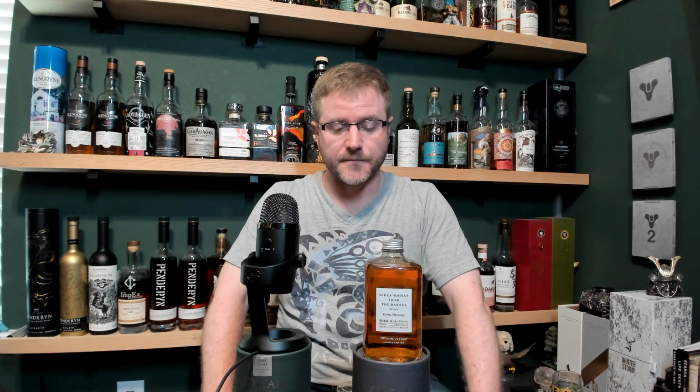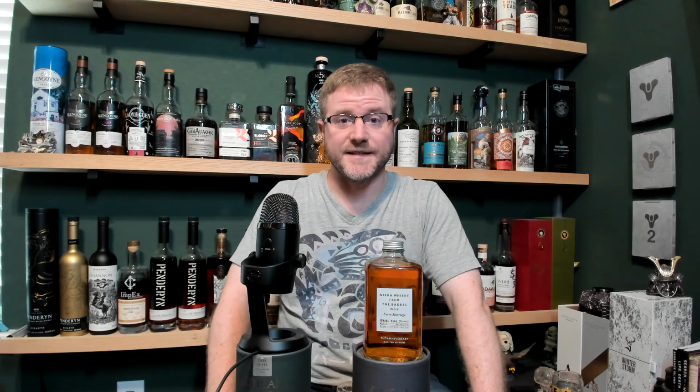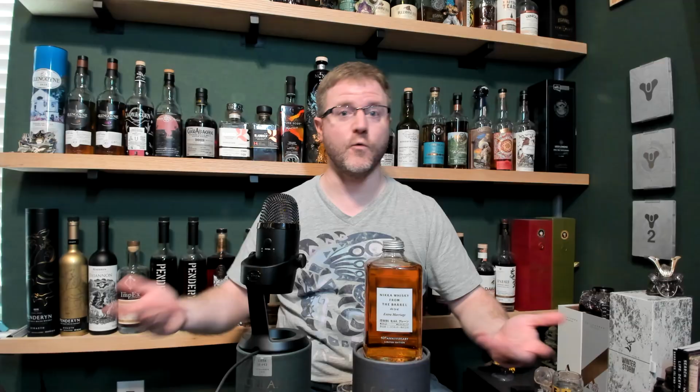But so Nikka from the Barrel is blended whiskey from Japan and from Scotland. They don't disclose it on the bottle, unfortunately. I kind of wish they would. I personally don't have an issue with blending whiskey from different companies. I've had a couple from Adelphi. They do a whole range where they'll blend in Scotch and New Zealand whiskey, or Scotch and whiskey from Sweden or Japan or wherever. And they disclose it, and that's, I think, more of a selling point than anything, because